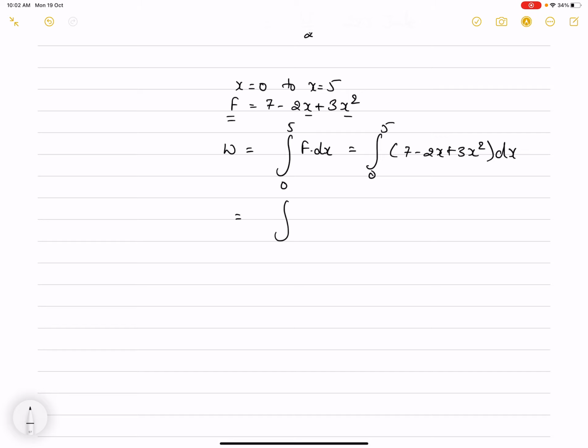We separate these values: integral 0 to 5 of 7 dx minus integral 0 to 5 of 2x dx plus integral 0 to 5 of 3x square dx. 7 is a constant, and the integration of 1 will be x itself, limit 0 to 5, minus, now the integration of x with respect to x itself will be